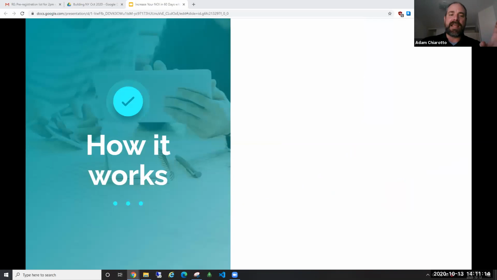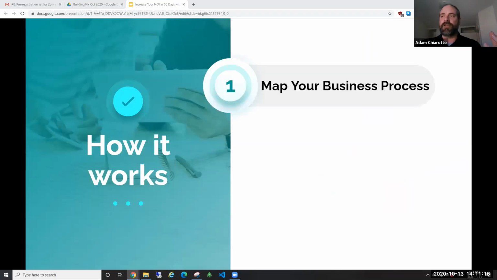The first action that we always like to start with is to map your business processes. If you don't know the way that things are happening at the site level, you can't possibly hope to improve on them. So we really try to start with this mapping of business processes. How do they work now? How would we like them to work? What sort of improvements can we make? And what sort of, let's call it dangers, do we want to avoid? And let's put that down so we all have a common understanding.